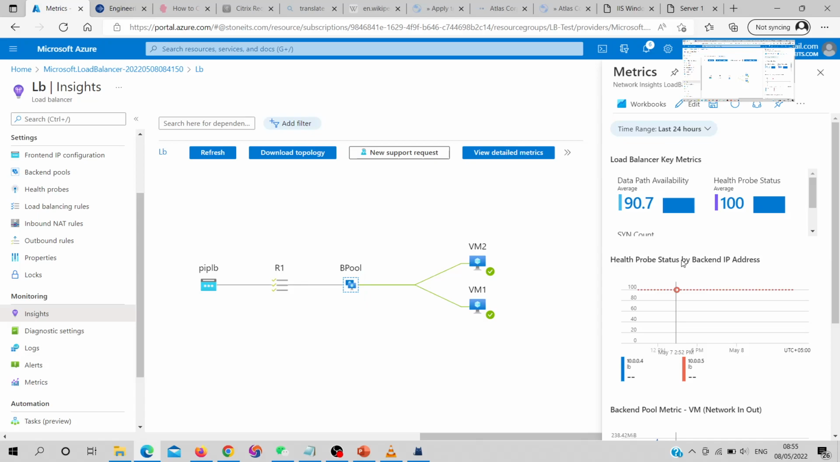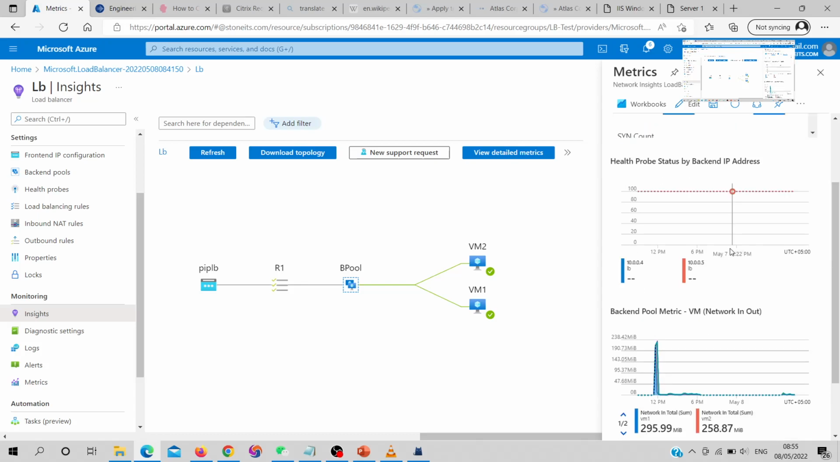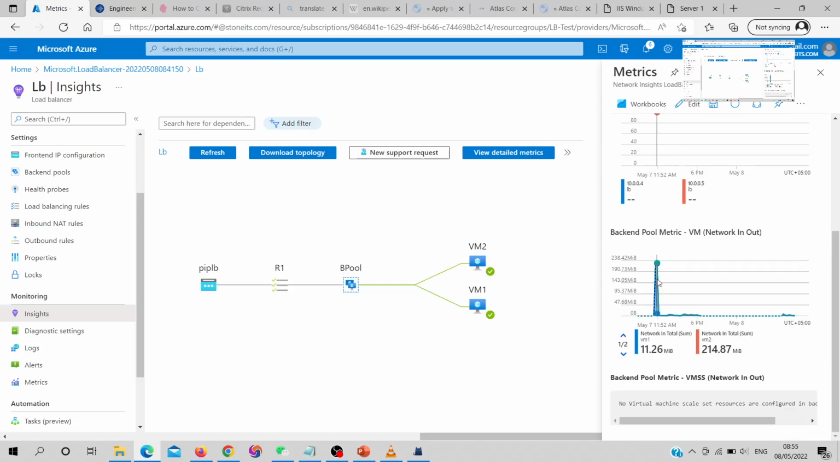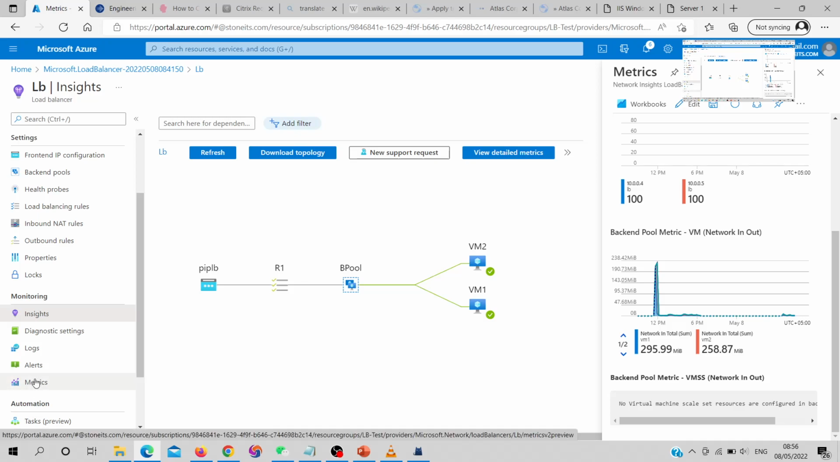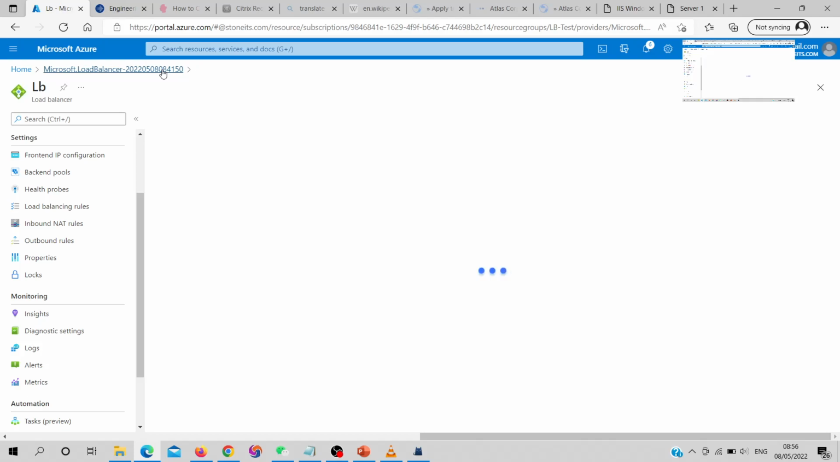Also you can check the data path and health probe of your load balancer. You can see the logs as well, like what's going on with the traffic. So this is a very cool thing from the monitoring perspective. And if we want to see alerts, then you can see my monitoring video from the previous course. So I hope you guys like this tutorial,